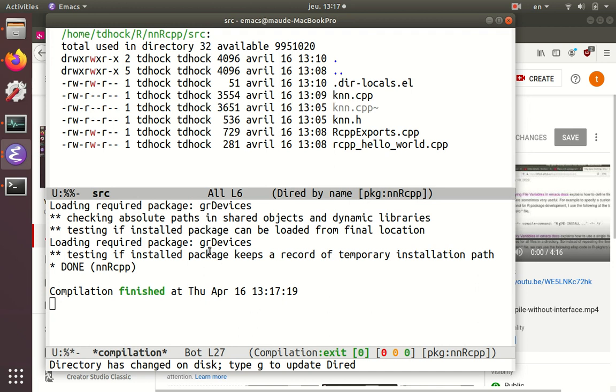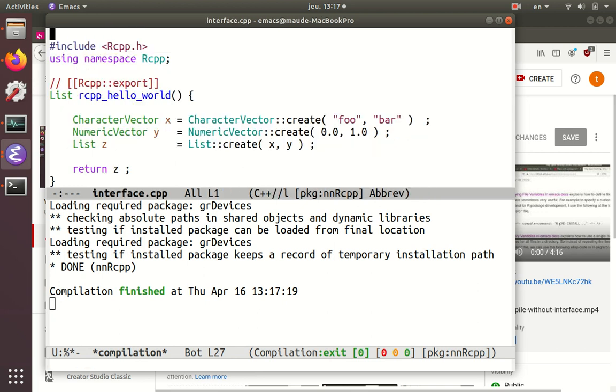But we haven't created any interface yet for this file, so for this function. So what we're going to do now is take this rcpp hello world.cpp file that was initially created by the Rcpp package skeleton, and here I'm going to rename this to interface.cpp to be clear that this is where we're defining some interface functions. I'm going to open that up, and I'm going to create a new interface function called,